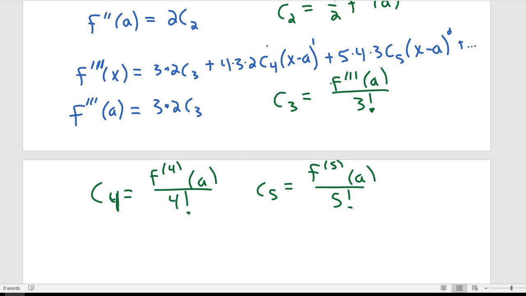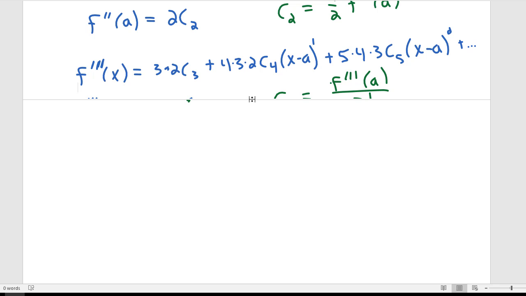So in general, then, what we are going to get is that if I want the nth coefficient,